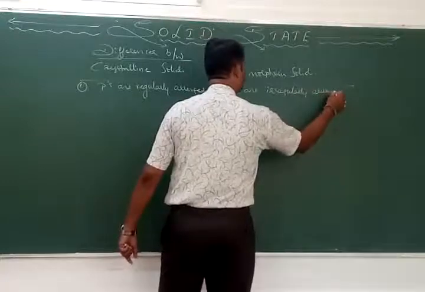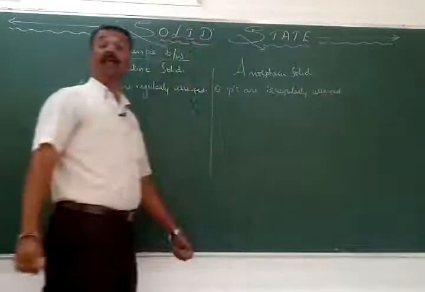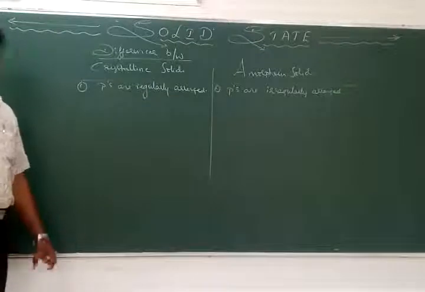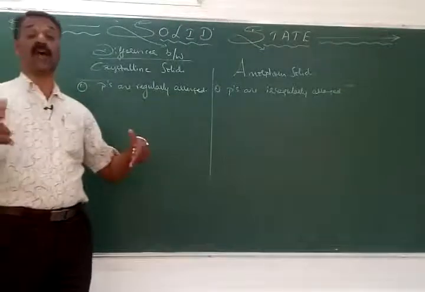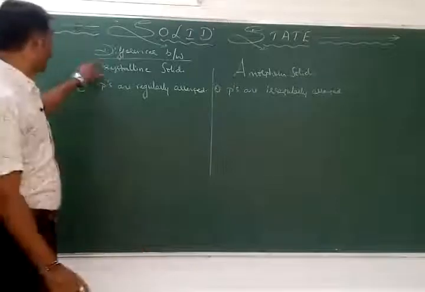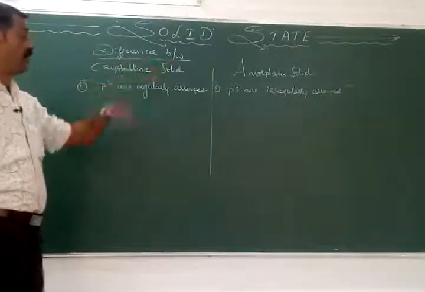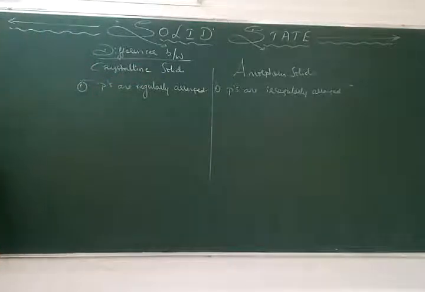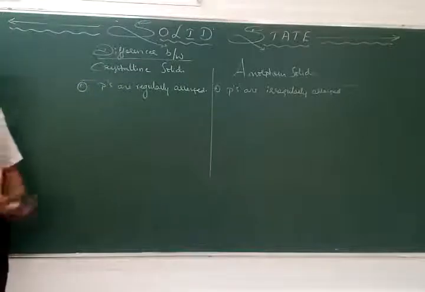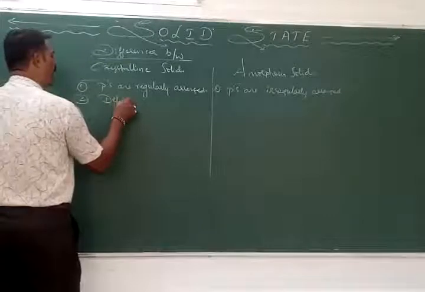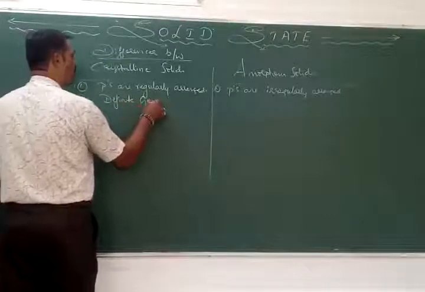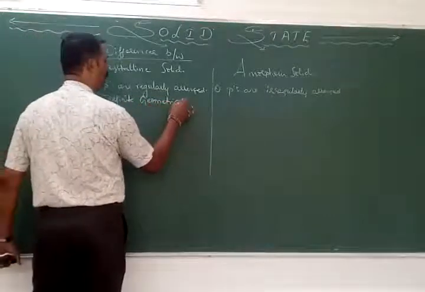But the thing is, in both the cases, they are found to be compact and closed with higher rigidity. Both are the same. But if the closed, compact, rigid arrangement is found to be regular, it refers to crystalline. If it is having the irregular arrangement, that refers to which one? An amorphous.